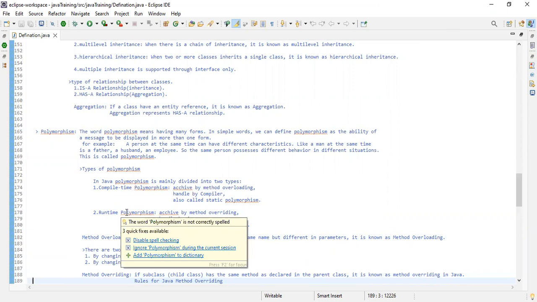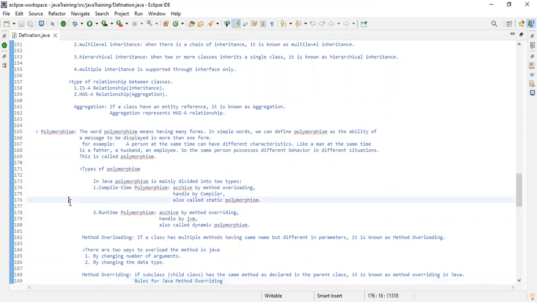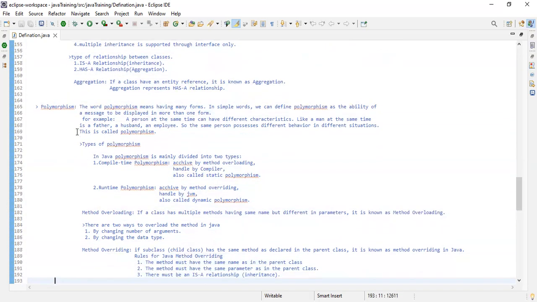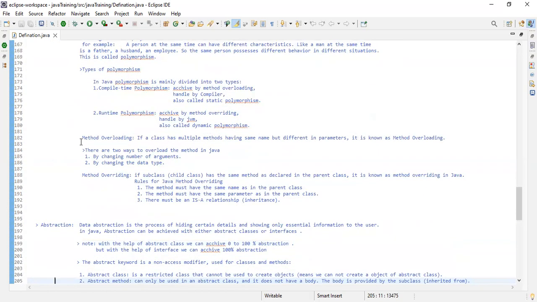method overriding. Okay, so till last day I skipped some topics. What is type promotion? So first we will start with type promotion. First I will explain something. Okay, so